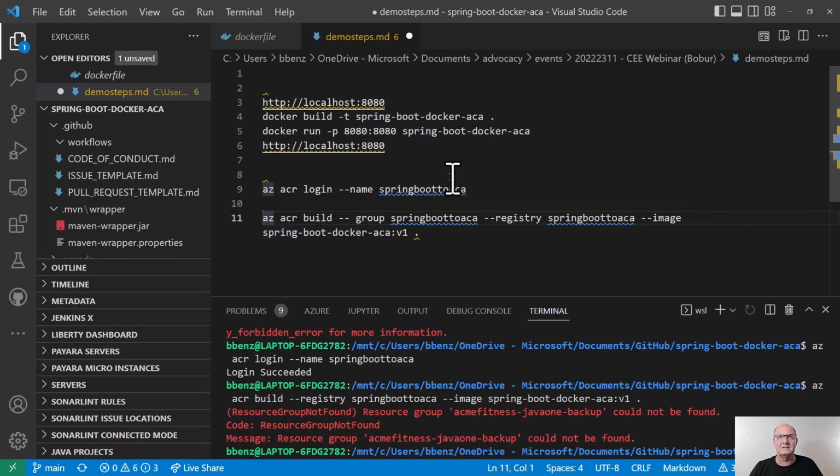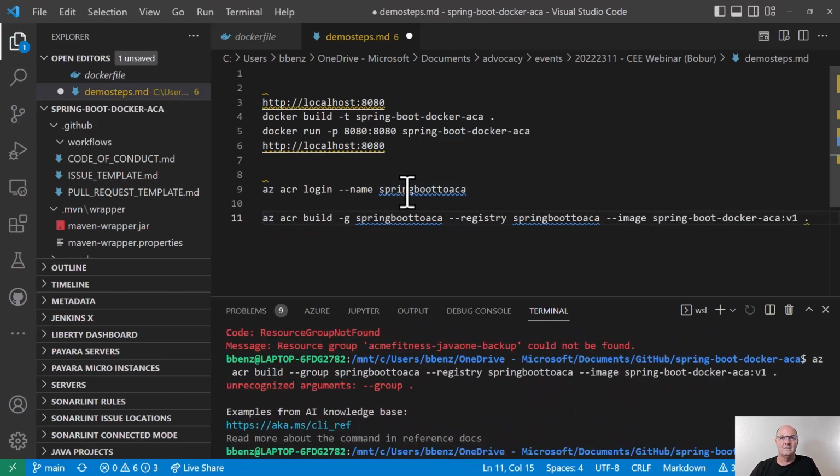Okay, so that should work now. Because what you can do with the Azure CLI is you can specify default configurations if you don't mention which ones you have. So if you look at the error message here, I've got a resource group that is not the one I want. So I need to specify the resource group in the actual command.